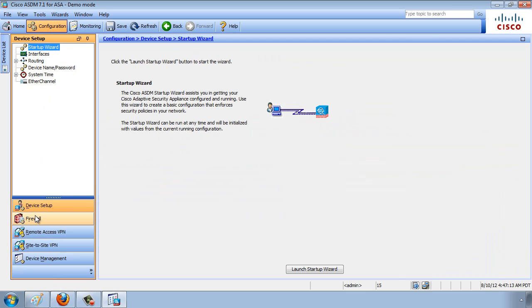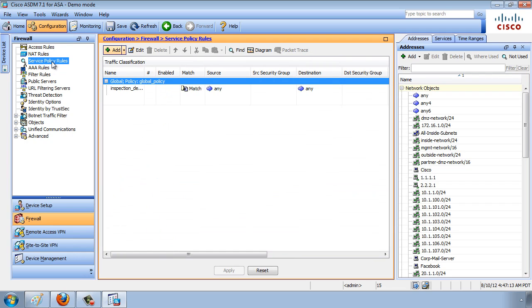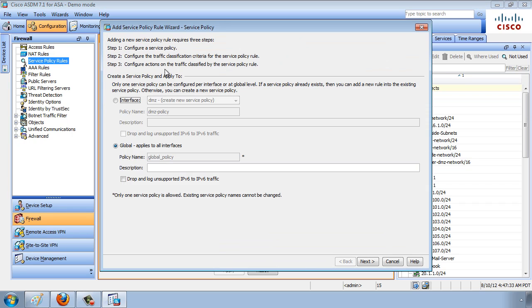So we would go to configuration, we would drop under firewall, and we have this option here for service policy rules. I want to create a service policy, which is really just the command that we use to put a policy map on the interface. I want to put a policy map on my outside interface, and you'll see that we use a service policy to do this. So I'm going to select add, I'm going to go to my interfaces, I'll select outside, and